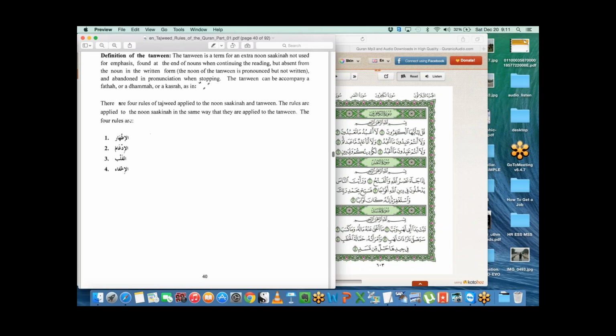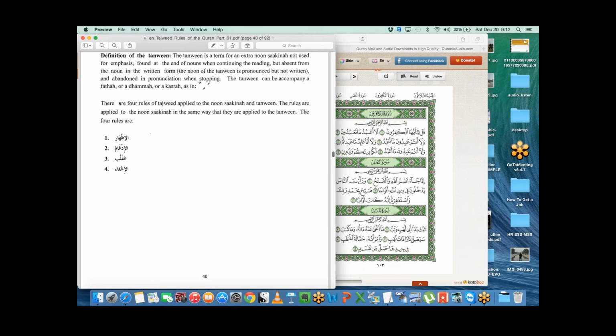When you merge them, you basically end up with either merging with Ghunna or merging without Ghunna. So in the case of Ya, Nun, Mim, Wow, you have to make the Ghunna. And in the case of Ra and Lam, you should not make the Ghunna, but you should just join them together without the Ghunna.